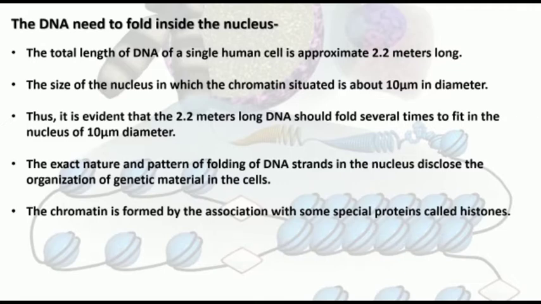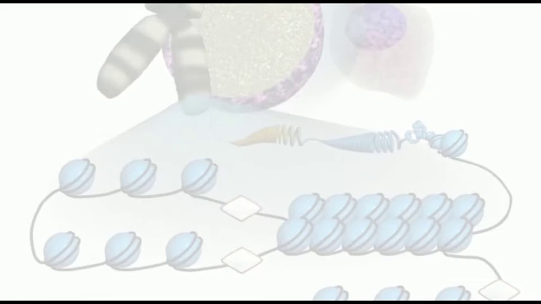DNA in the nucleus of eukaryotic cells is associated with many proteins. In fact, the compact folding and packaging of DNA is facilitated by many proteins which physically interact with DNA.